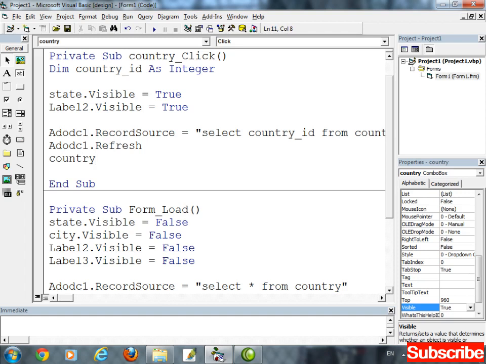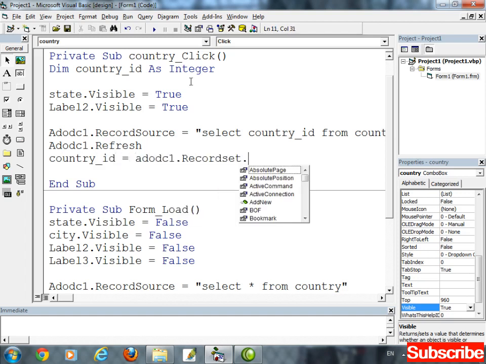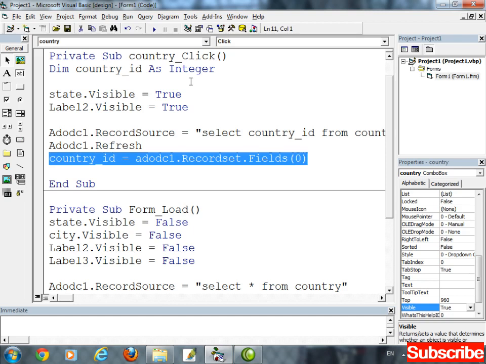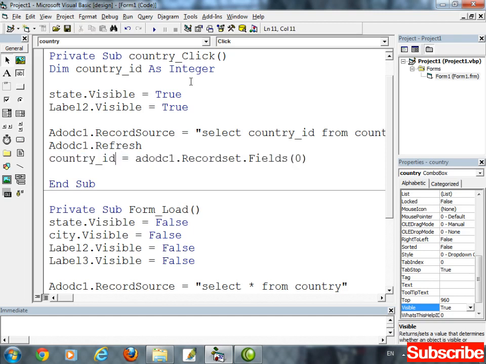Country underscore ID equal to ADODC1.Recordset.Fields of 0, index number 0. For country ID the index number is 0. Using this line we have stored the country ID inside this variable.